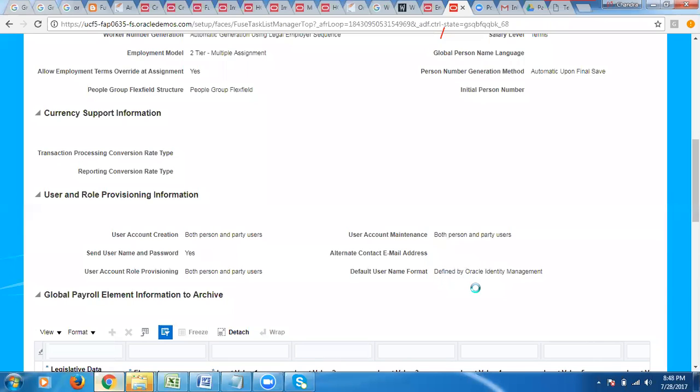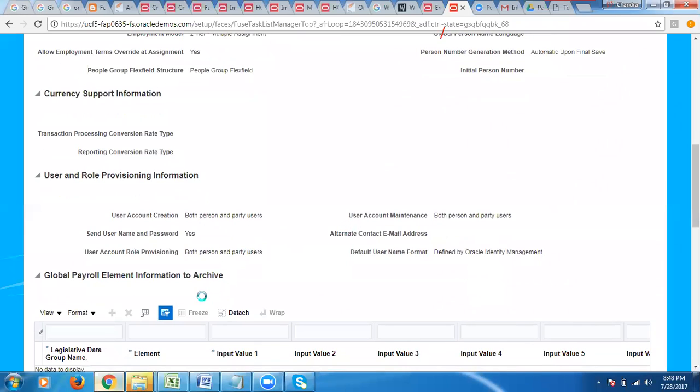Here it will be used. The remaining is not required here. We don't need any other archiving options over here.